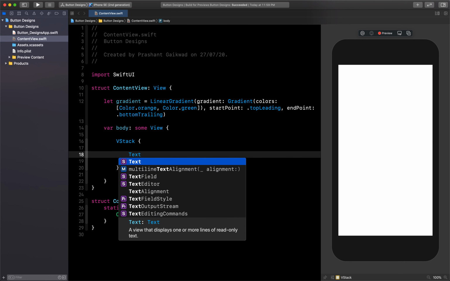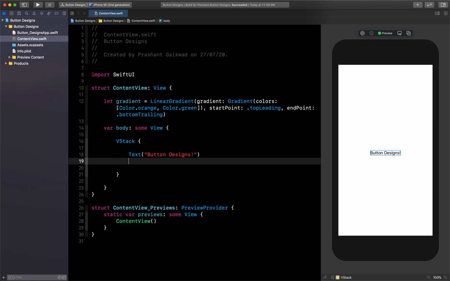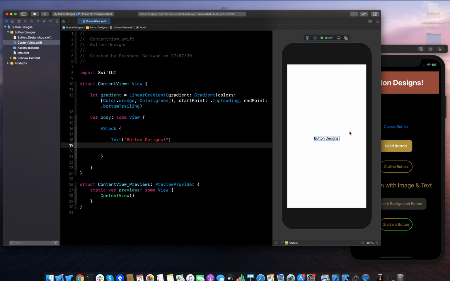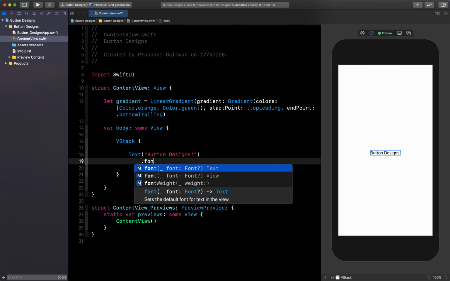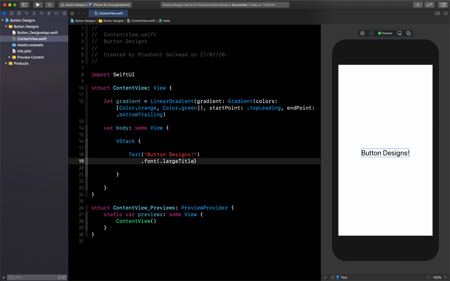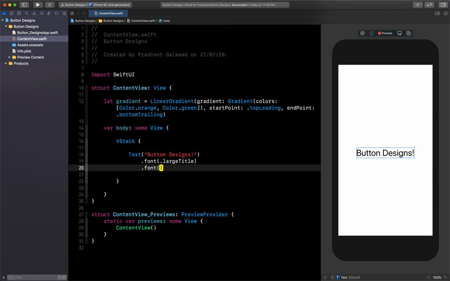Then a text, I want to use text for our title, that is button designs. And then to this text I am going to give different types of modifiers so that it will look like this. So modifiers like, first I will give font of large title, then I will give font weight, and let it be bold only.